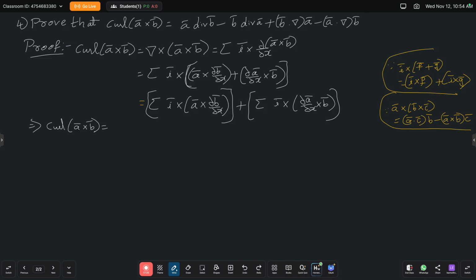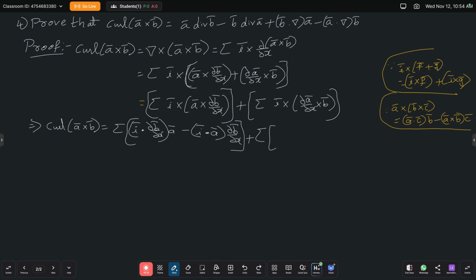The first term is going to become a summation of I bar dot dou B bar by dou x into A bar minus I bar dot A bar into dou B bar by dou x. This is all using the formula A bar cross of B bar cross C bar. Okay, plus what about the second term on the right side, it is going to be a summation of,